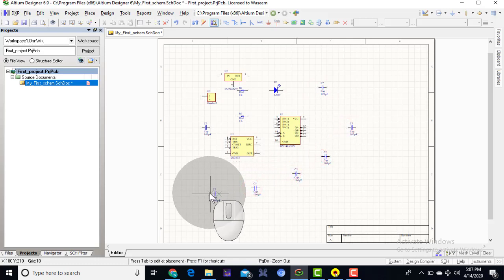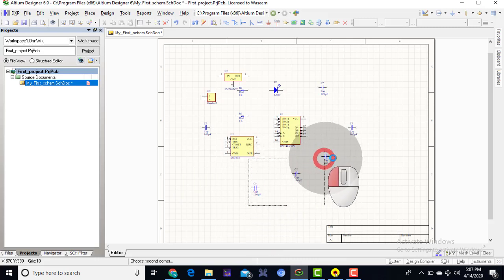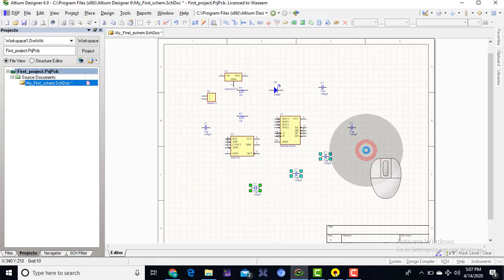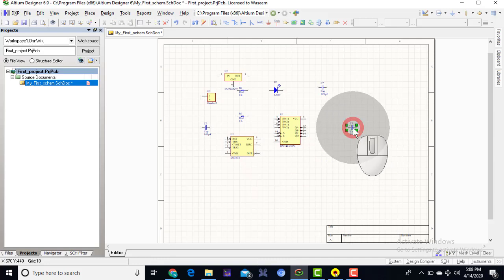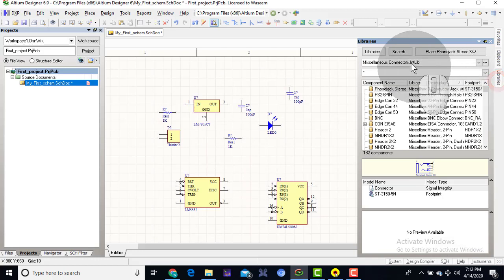When we like to finish the capacitor placing mode, we can just right click, and if we like to delete some components, we can select them, and then we can delete. Now we will place some more components, such as a BCD to 7 segment decoder